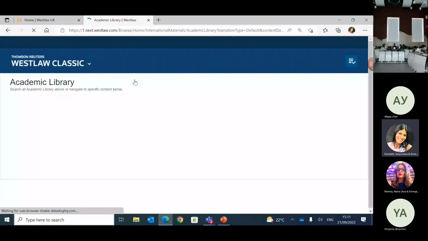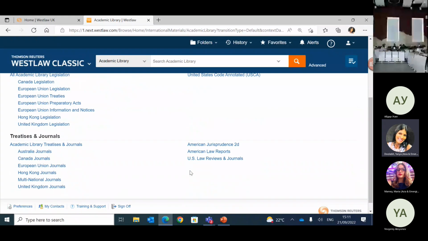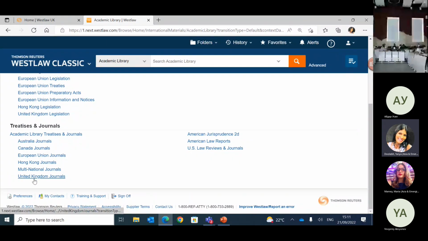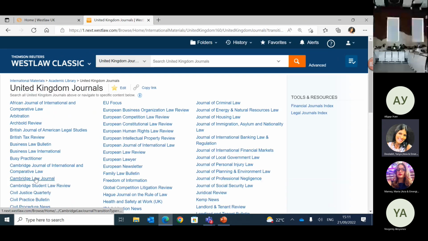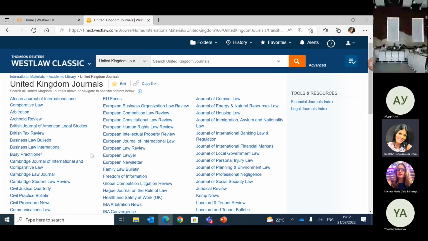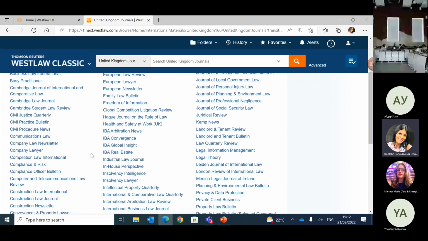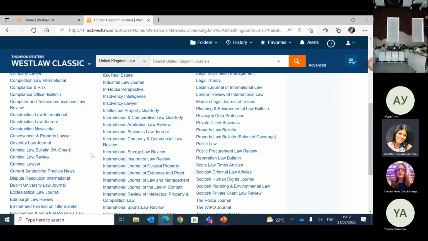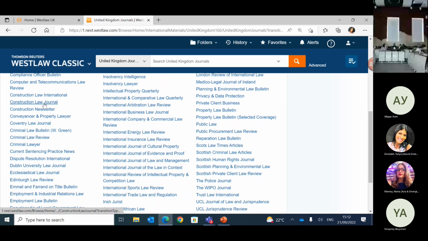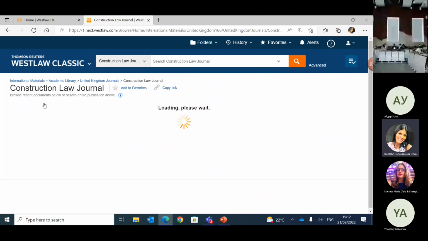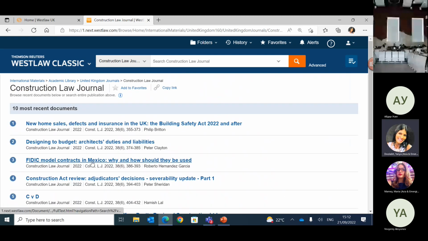Now, in your academic library, aside from the US journals, you also have access to the UK journals directly from here. When you click onto the UK journals, you can see they are very nicely listed on all the various types of journals. If we look at something in construction law as an example, you can see it tells you all of the various top 10 most recent construction law journals that have been published. Okay, so if I go through this list here and I decide I want to look for something a little bit more specific,